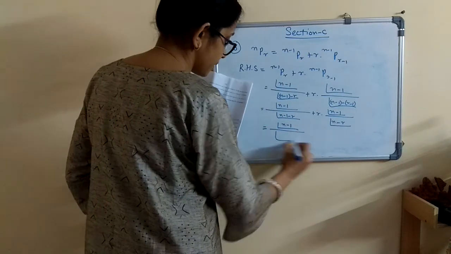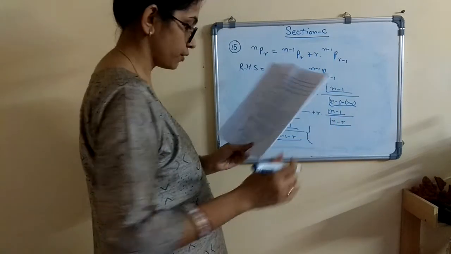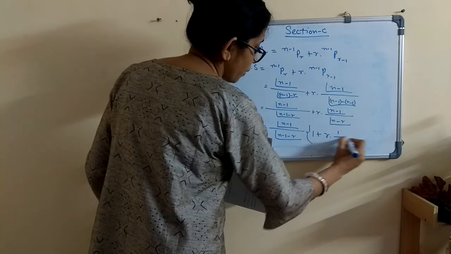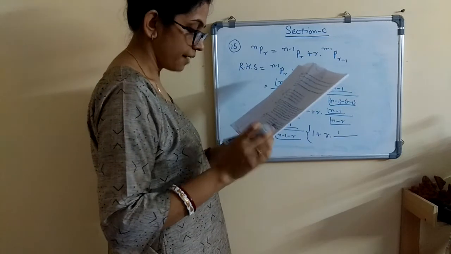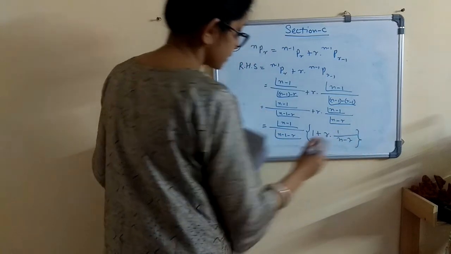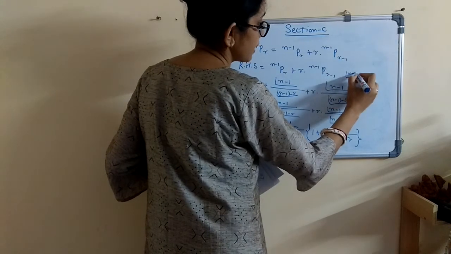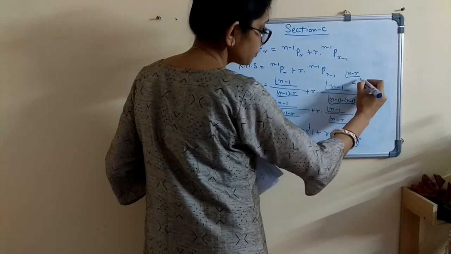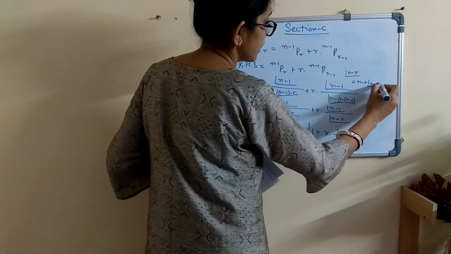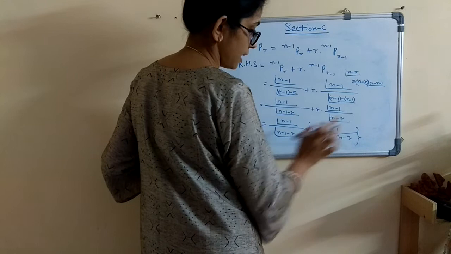So factorial n minus 1 by factorial n minus 1 minus r. Then we will be left with the portion: for the first portion it is 1, and for the second portion it will be r into 1 by n minus r. Isn't it? Why? Now there is a question. I have taken this part common because factorial n minus r is equal to n minus r into factorial n minus r minus 1. So in this way I have taken common factorial n minus 1 minus r.